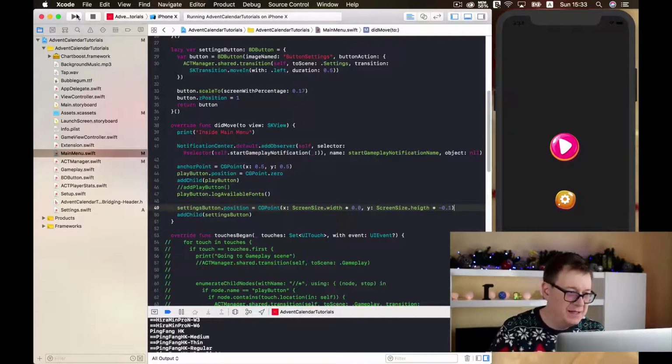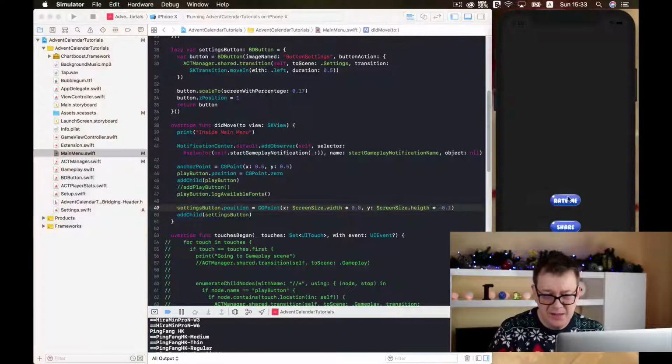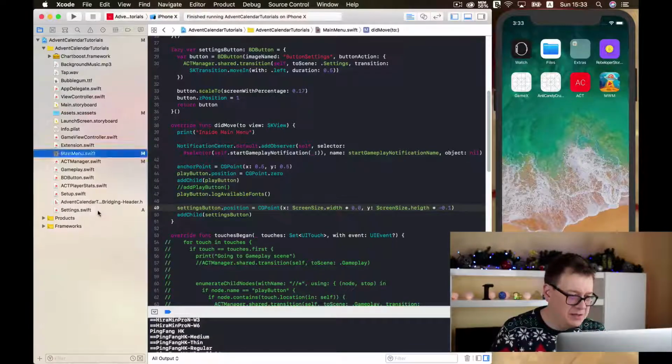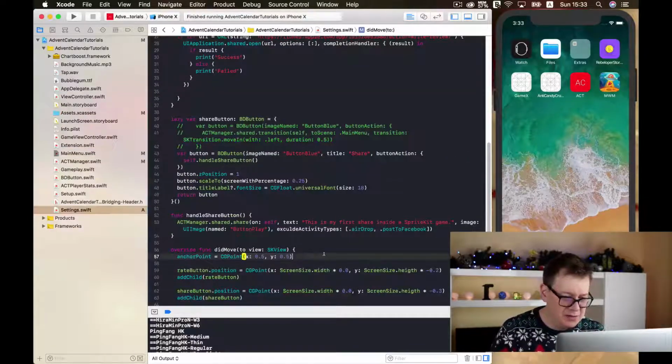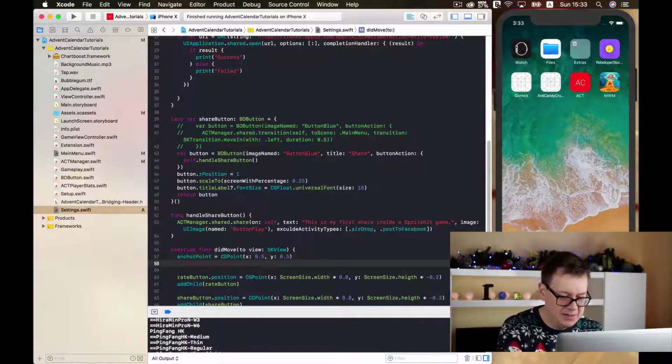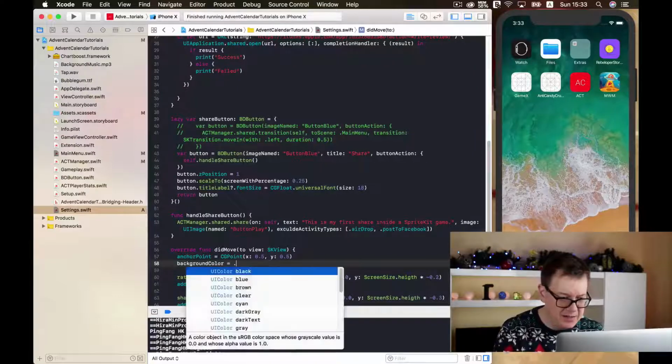Now that we have that set up, let's just find out. Yeah, it worked okay. The rate me and the share button just pop in nicely. And maybe we should add a new background color for the settings button scene. So background color should be, let's say,